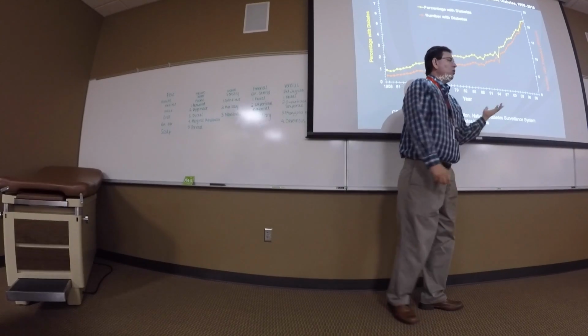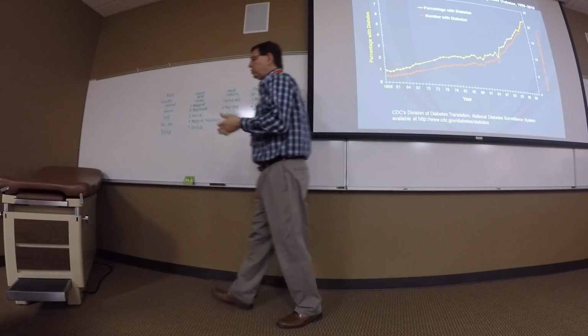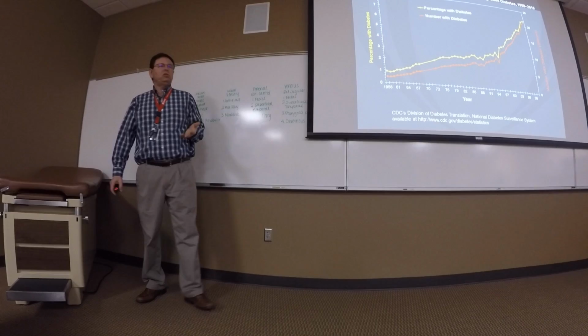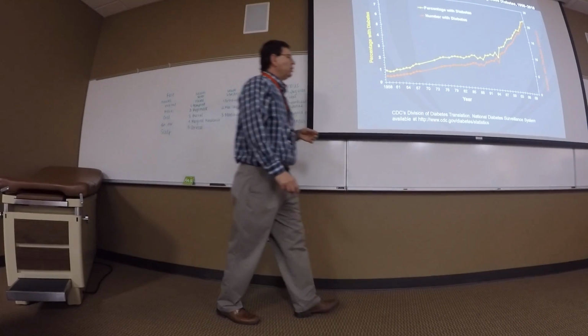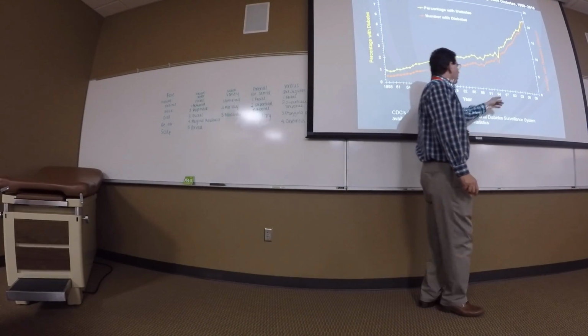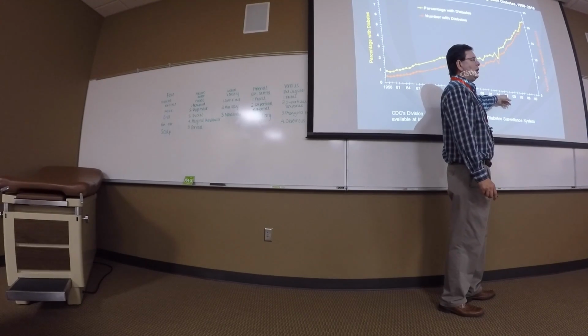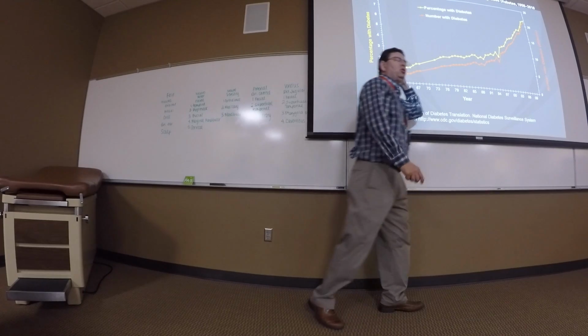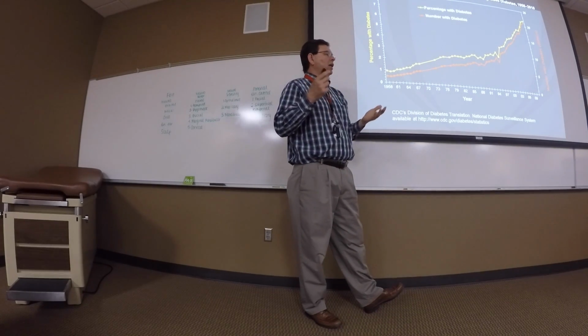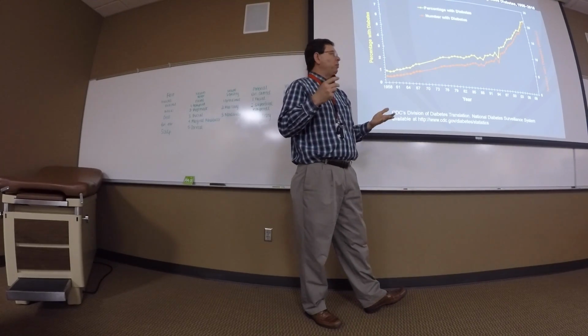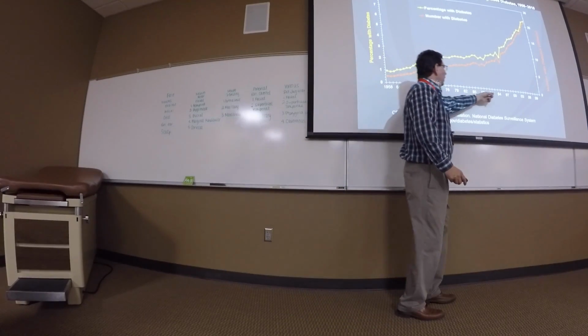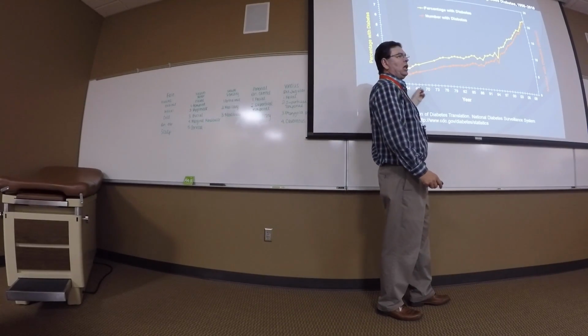When I show this to high school students or first year dental students or hygiene students, beginning students, they go, goodness gracious, what happened in 1997? Something bad happened that year. Well, type 2 diabetes generally takes a decade or a decade and a half or two decades to develop. So it's what really happened here that led to that.